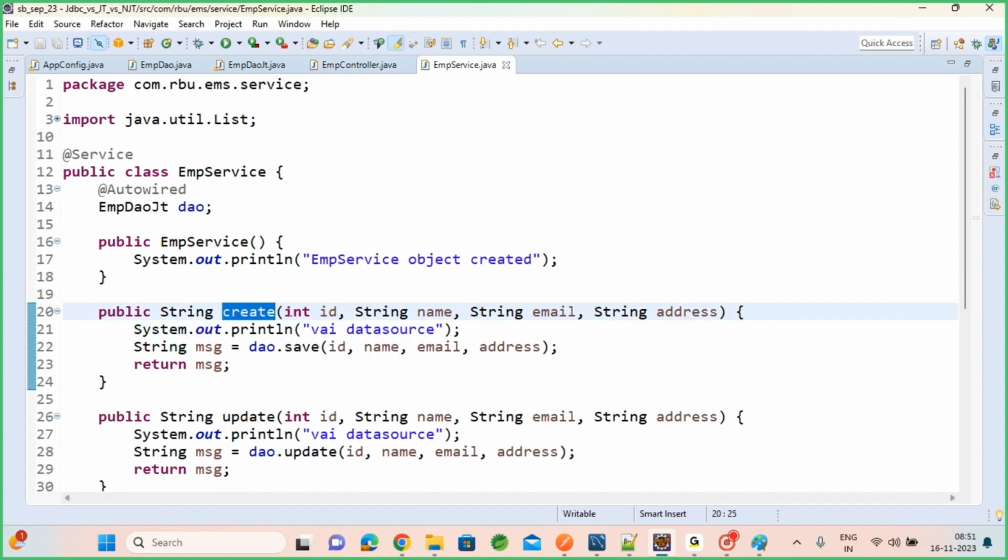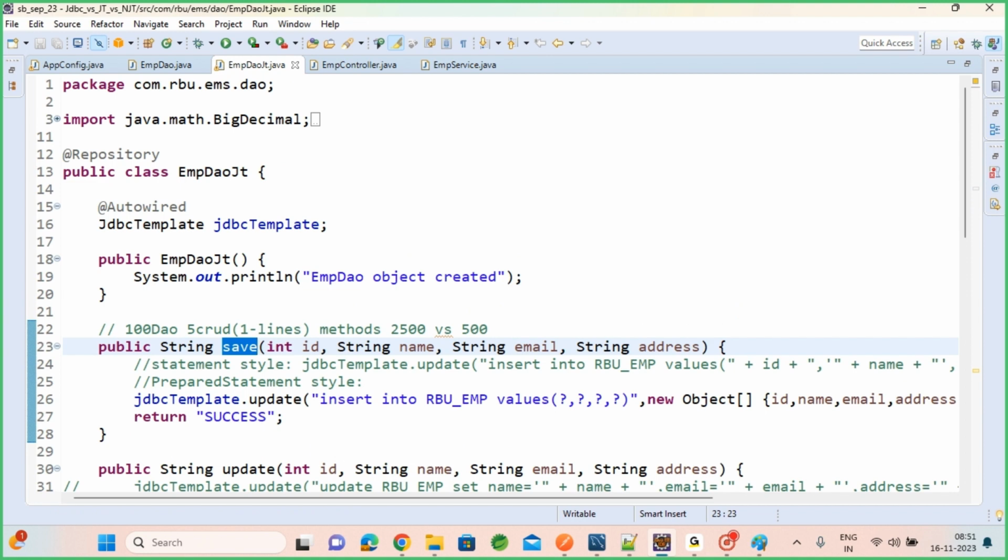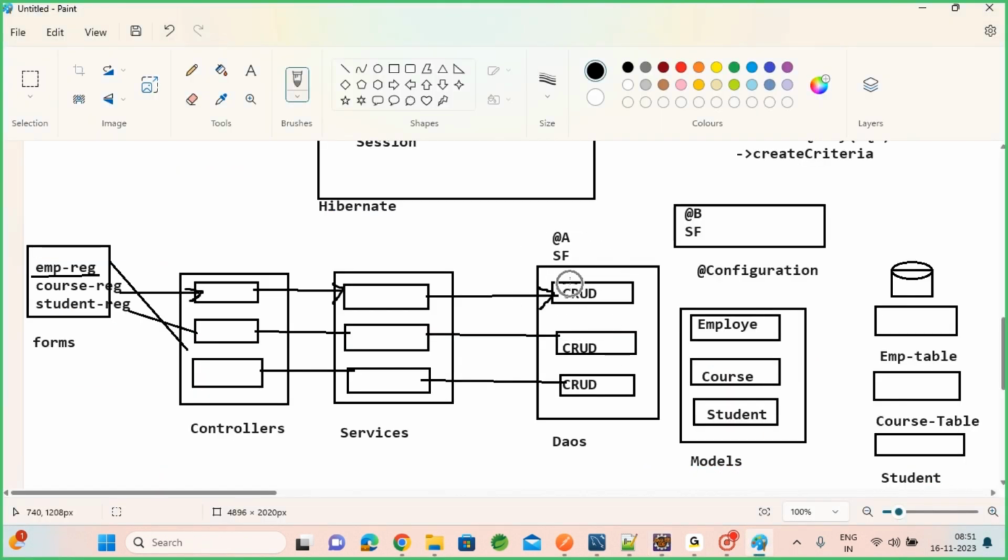And the service sends the same id, name, and email address to the DAO. From now onwards, as soon as you send it to the DAO save method, we are writing a direct query and binding this data with query parameters. Now what you need to do, once you get the id, name, and email address here, is populate the data into the POJO class,